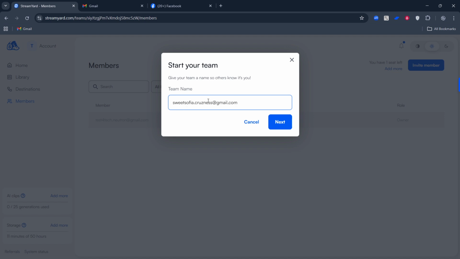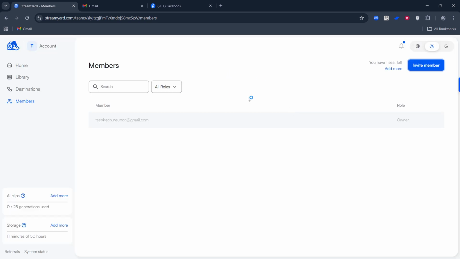This is your home base for broadcasts, destinations, and team management. From here, you'll find the place where roles are assigned and invitations are sent. Next, click the Members tab. This is where you can see everyone who currently has access to your team, along with their roles. It's also where you'll initiate the process of bringing in a new co-host. Take a moment to scan the list if you want to confirm who's already on your team.